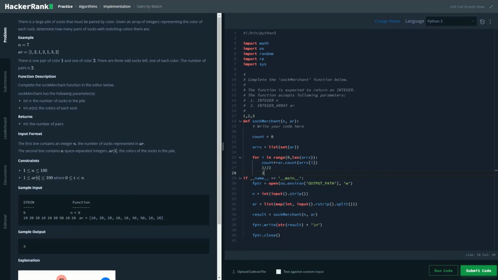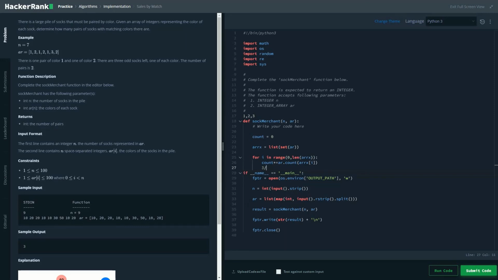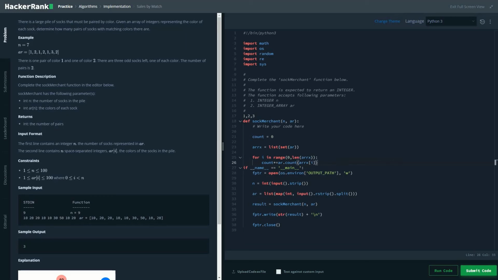Another way of doing it would be math.floor, because it will count the number of pairs that are present in a given integer value. So for example, if the value is 5, 5 double divided by 2 is going to be equal to 2. So the total number of pairs present is 2. In this way we are trying to solve this problem, although I would say it's pretty basic. And at last it would be returning the count.